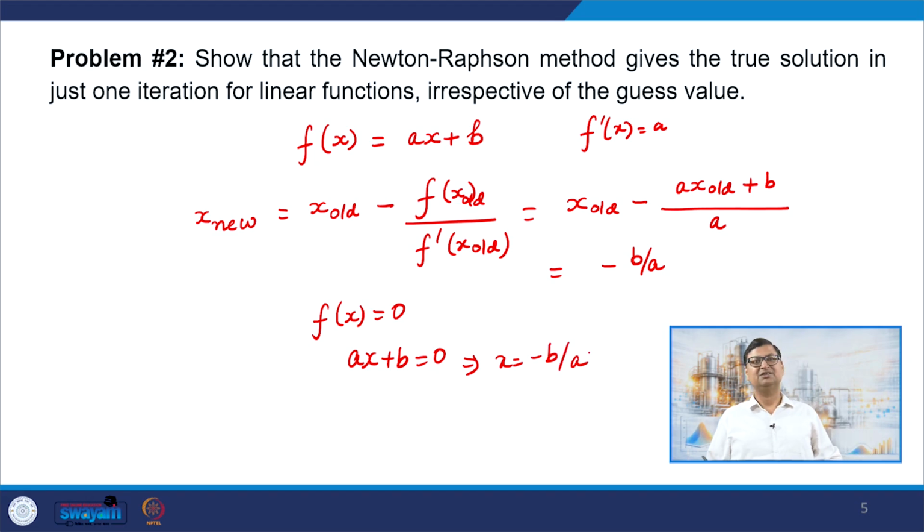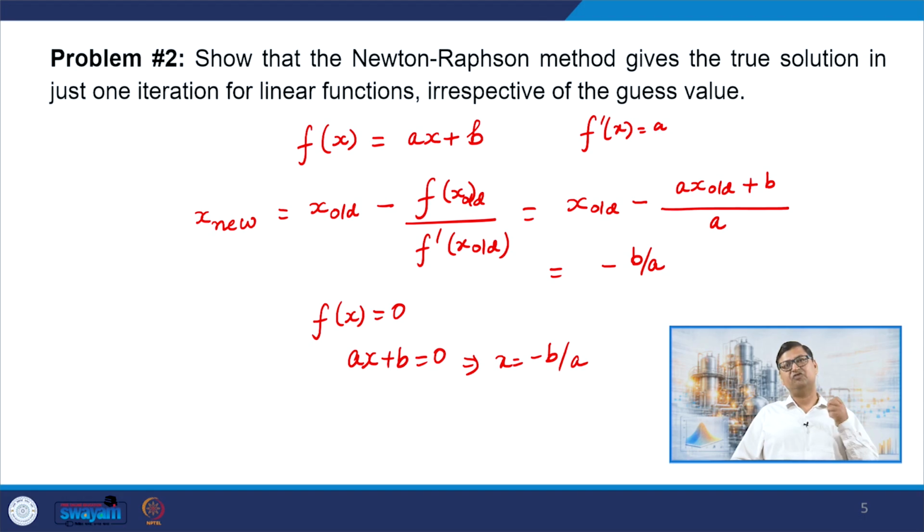And this worked because when we have the linear function, we do not have to worry about the second order derivatives and so on, they are anyway equal to 0, right. And therefore, in this particular case, we get an exact solution in doing just one step. But when we have a nonlinear equation, clearly it is going to take more iterations, but nonetheless, as we have